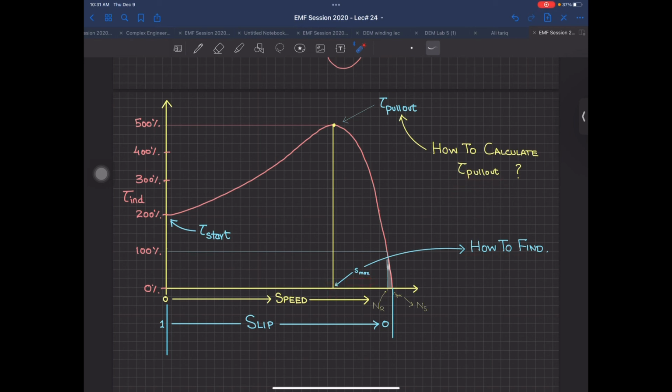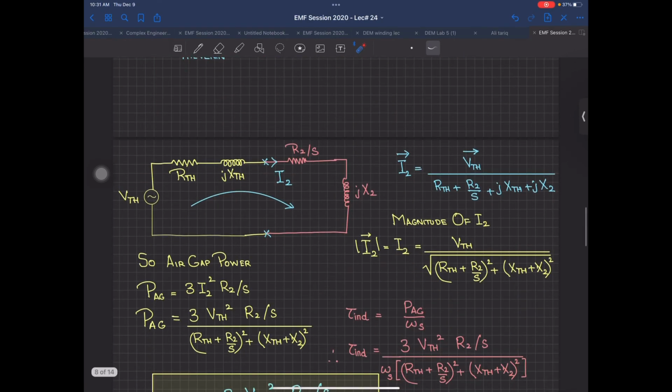Now, if the maximum torque is happening at this point of pull out, this means maximum power is going to be dissipated inside this R2 by S. Now, apply your circuit analysis, CAD1 and CAD2. When will maximum power flow inside this resistor? CAD1 and CAD2, I guess in CAD1 you have done it. There is a circuit, and in that circuit I wanted this resistor to dissipate maximum power.